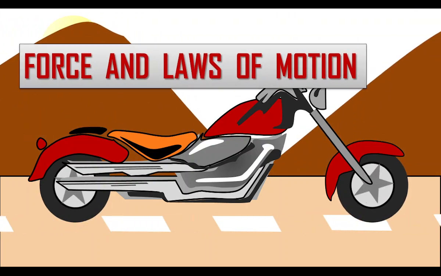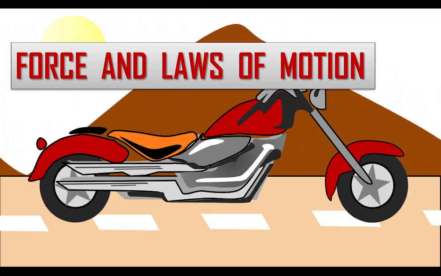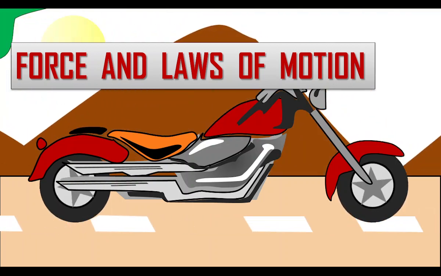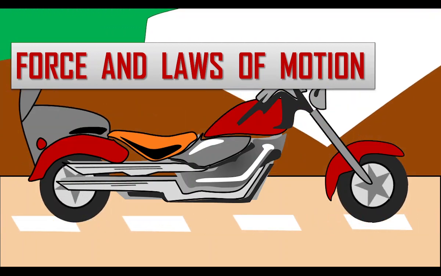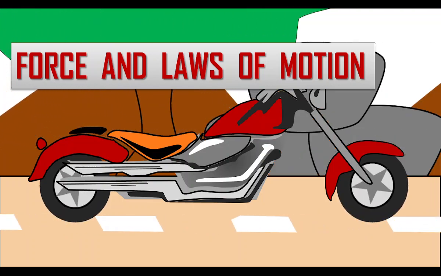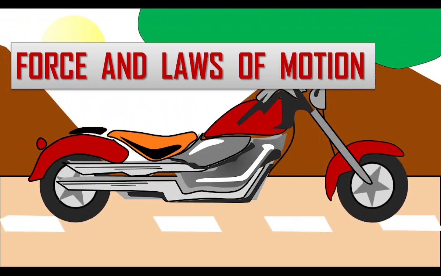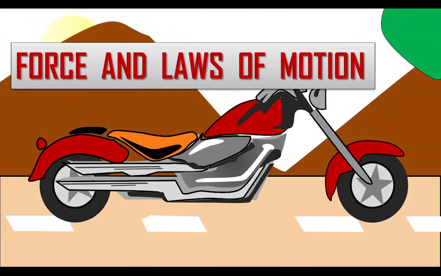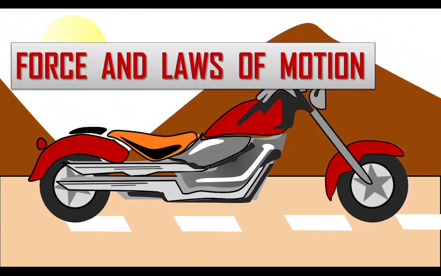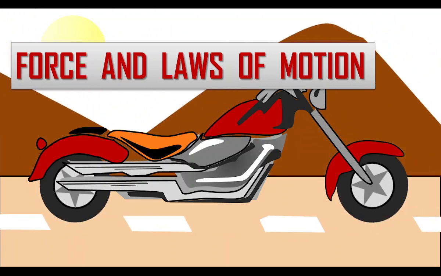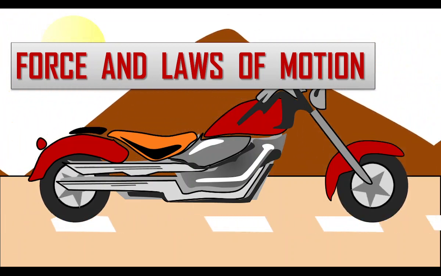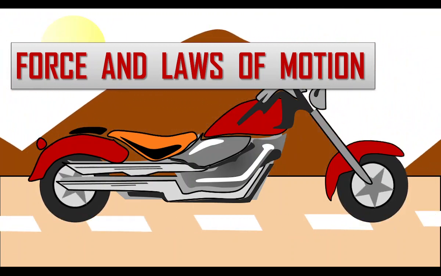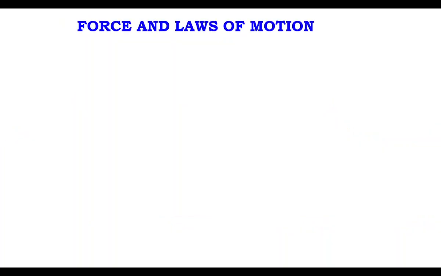So first of all we are going to start with the first portion, that is force. The chapter comprises two words, that is force and laws of motion. So in this chapter we are going to study about the types of forces and the three famous Newton's laws of motion, which are helpful to find out different kinds of physical quantities by using the relations given by these laws. So without wasting too much time, first of all we will understand the meaning of laws. Meaning of laws, it means the rules